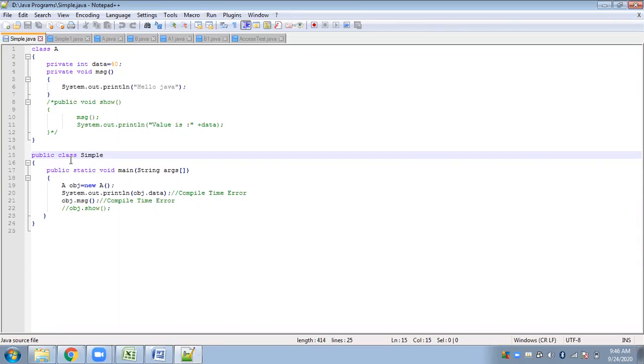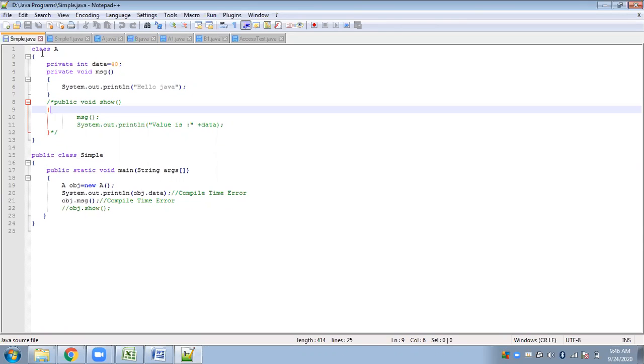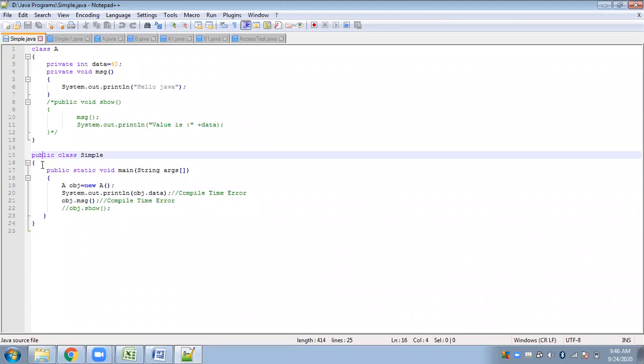This class will be accessible from outside the class also, and from within the same package. These two programs are within the same package. I will explain packages in detail in the next part. For this example, just remember that these two classes are inside the same package, which is the default or unnamed package. One has been declared as default and one has been declared as public, which is open to all. This class can be accessed from everywhere, while the default one cannot be accessed from outside the package.